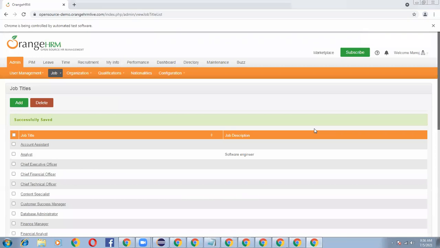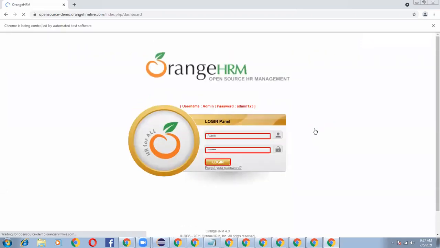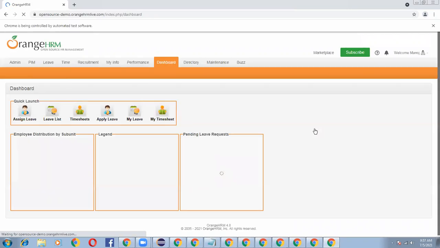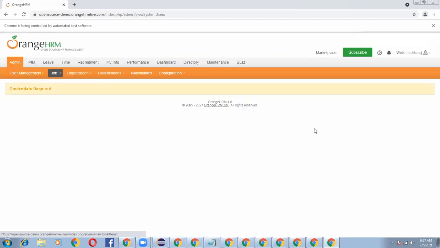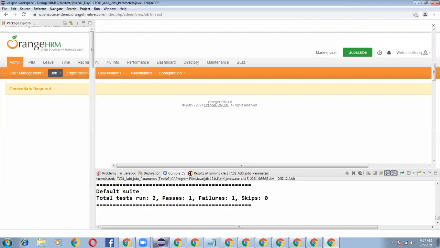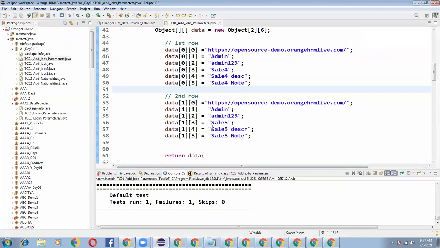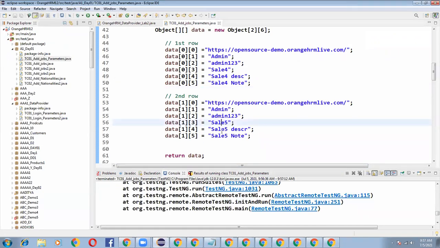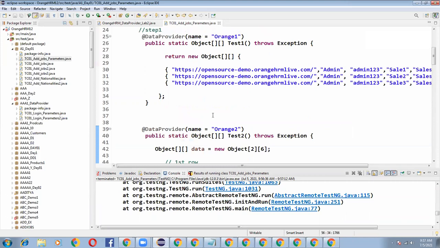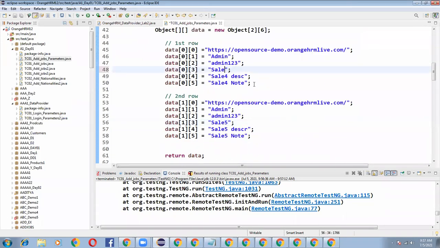So sales 4 record has been created. Something went wrong. It's not our issue, it's an application issue. Okay, so let's go to the second point. The first iteration started and the second iteration also completed, but the second iteration has failed. Okay, so 1 second. Sales 7, something went wrong actually due to an application issue. So I'm rerunning my program.